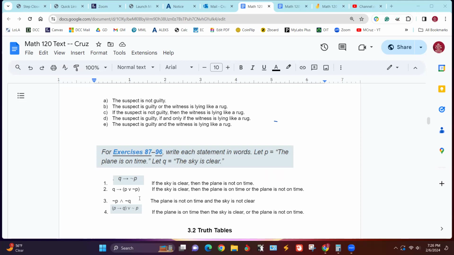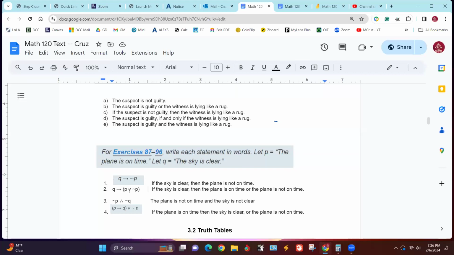But now here, if we've got a more complex statement, in other words, we've got if Q, then P or not P, that means that those parentheses are our whole antecedent. That parentheses right there makes that all one statement, essentially. It's a compound statement.